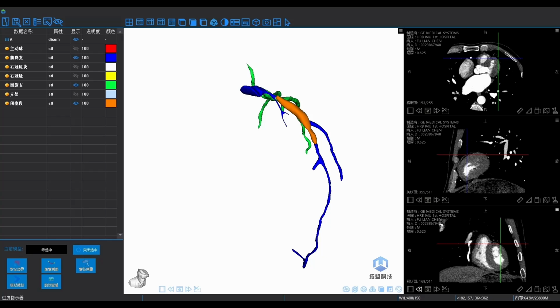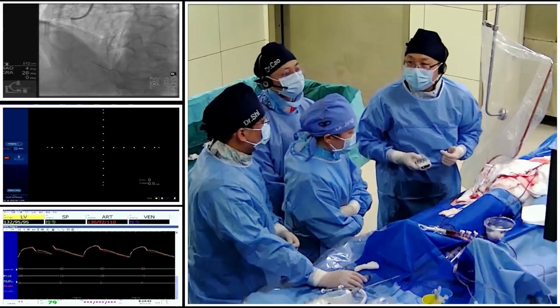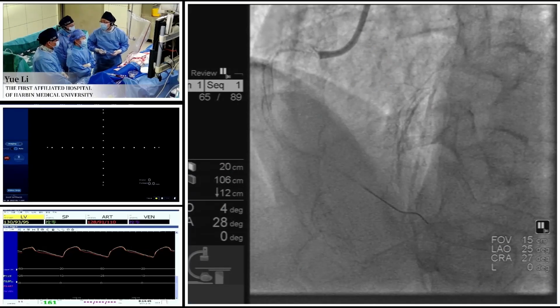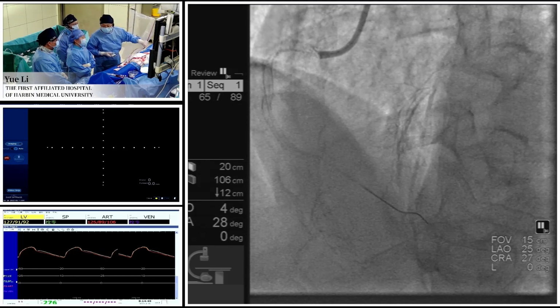Let's see today's angiogram. Today we chose a transradial approach. As we know, in 2022 in China, there were about 1.3 million PCI cases, and about 96.9% of the PCI cases were performed via transradial approach. And for the CTO, certainly we should choose